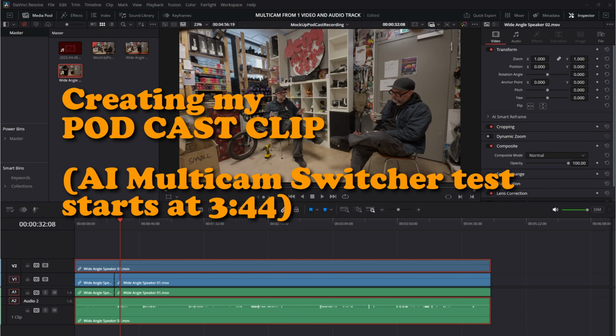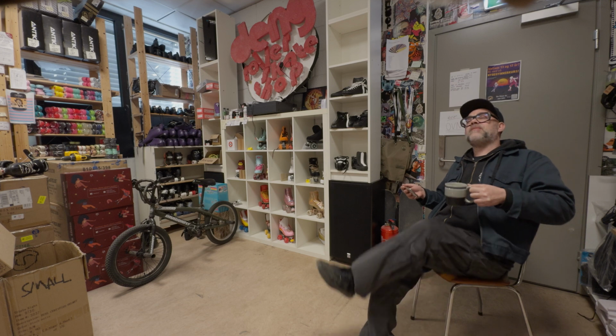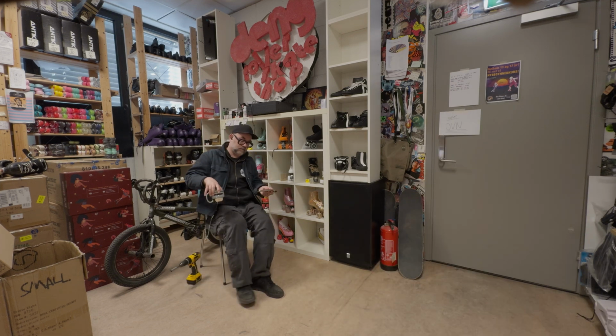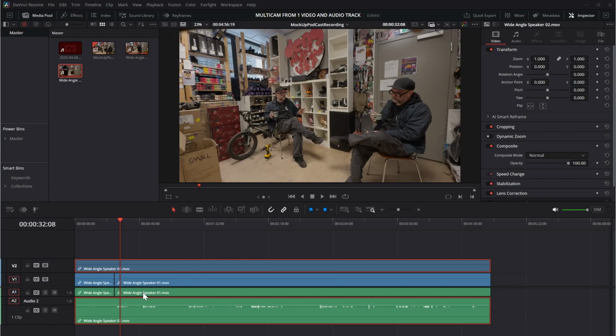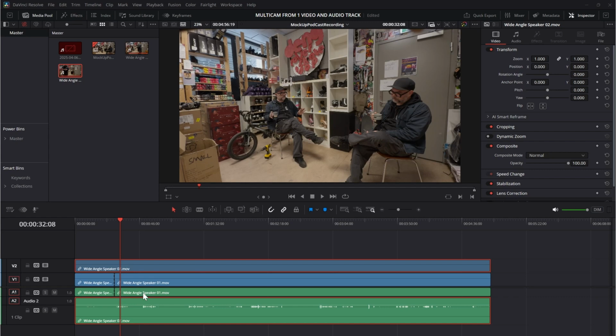I have imported my 2 clips and composited them together into this 2-speaker podcast emulation setup. We have 2 video tracks, 2 audio tracks, 1 for each speaker. We're going to merge all of this down to a single video and single audio track to emulate what you would get if you were to film a podcast with just 1 camera and 1 microphone. We will try to split that into 3 cameras before we run it through the AI-powered auto camera switcher in DaVinci Resolve 20 to see if it can make an interesting edit with 3 angles or 3 cameras derived